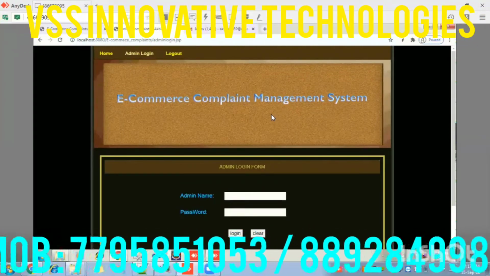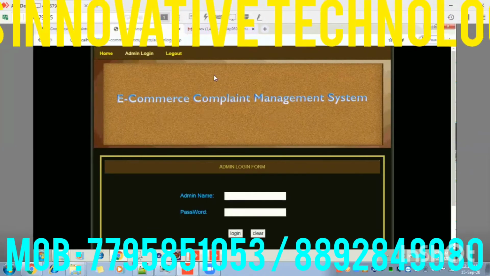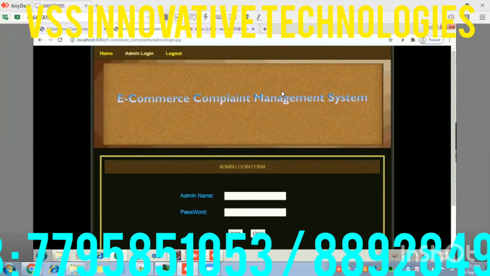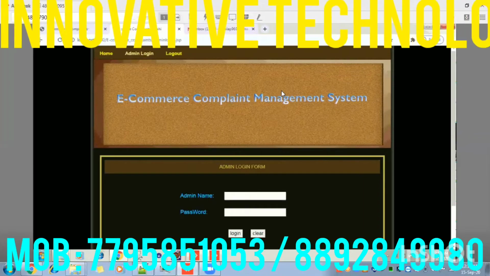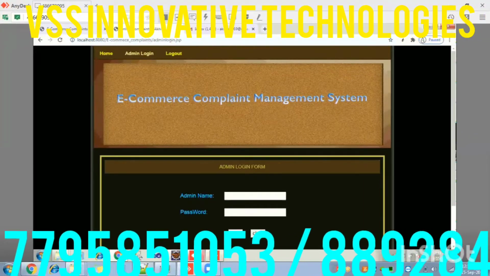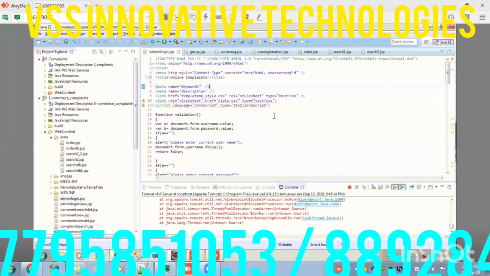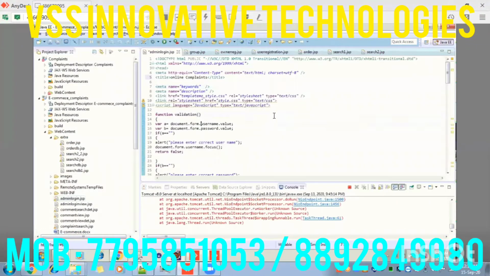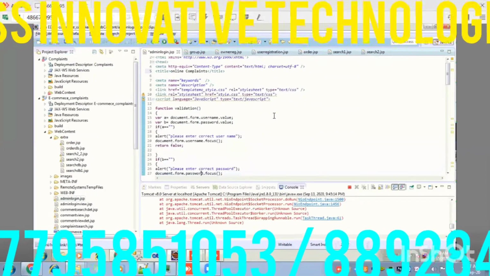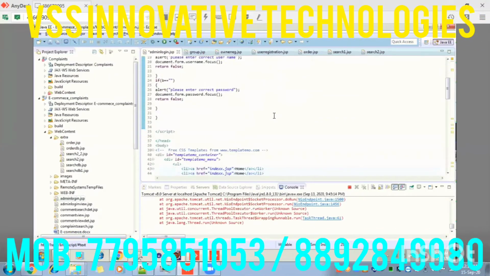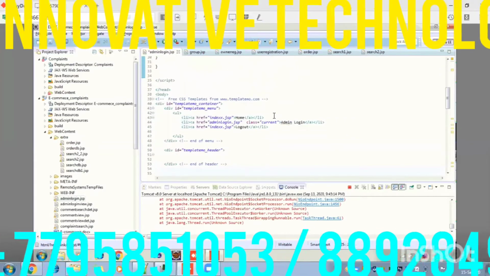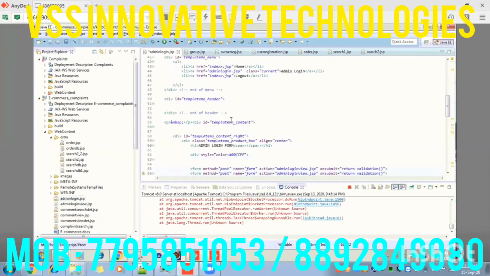Now in some projects, for example, how is it coming in our project? This is not coming from a heading. There is no text e-commerce complaint in our project. So how is it coming? It is coming as an image, a heading image. In such a case, what am I going to do? One second.